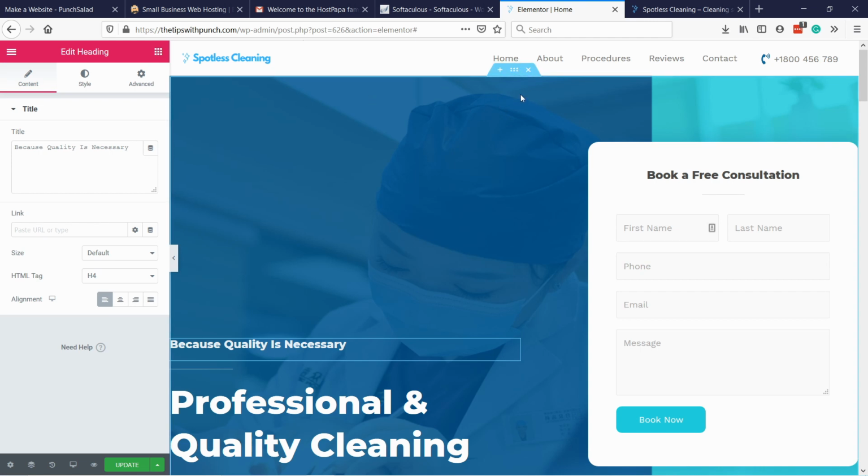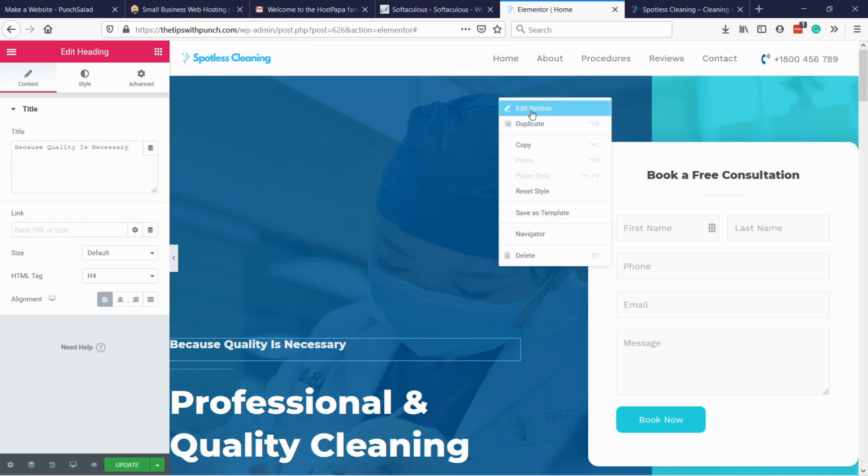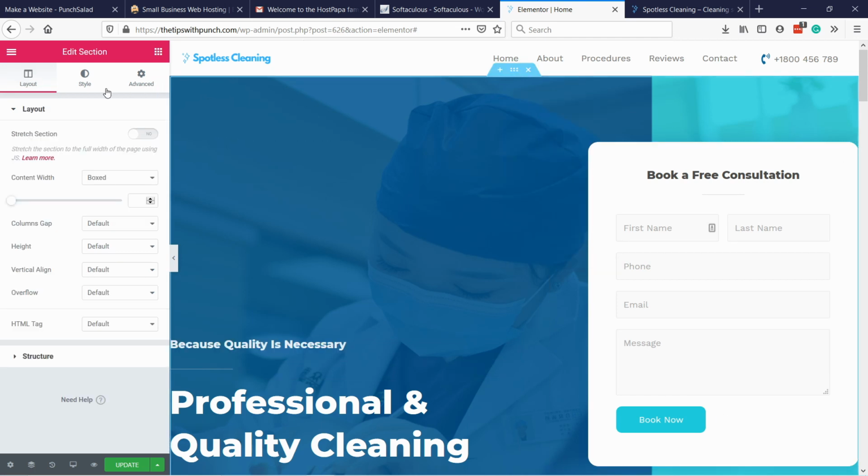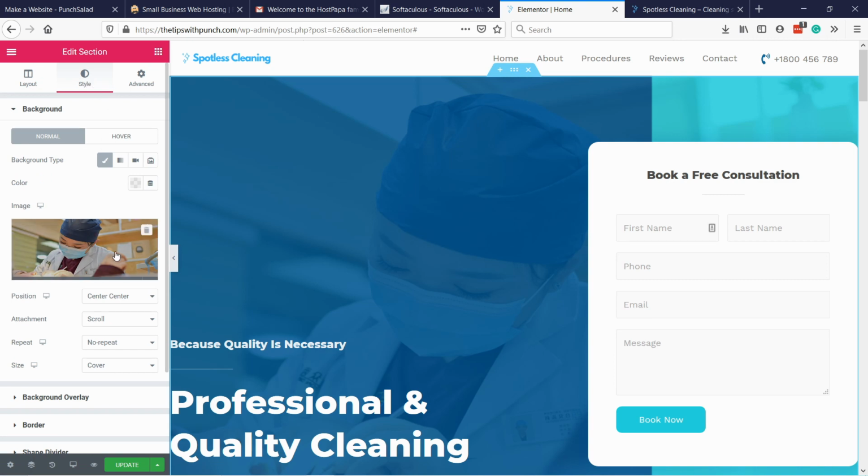I right-click on this section, on the big block here, you can see, and then edit section. And here, in the style section, you'll be able to change the image. It's this one. Now, I don't have any good images right now, so that's why we also need a free image library,